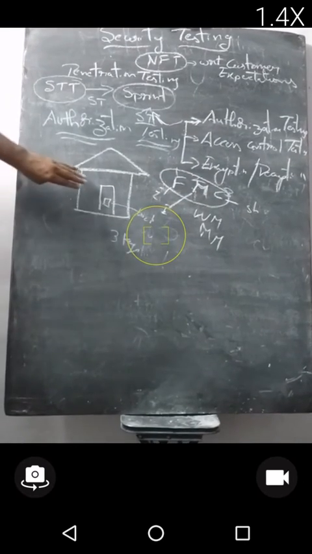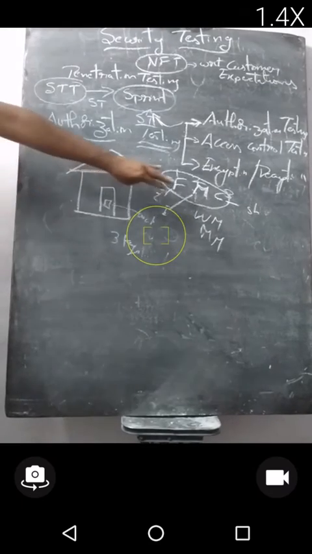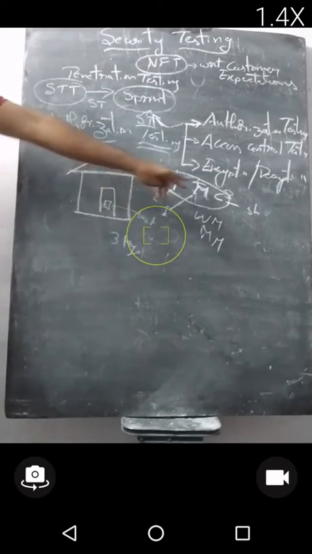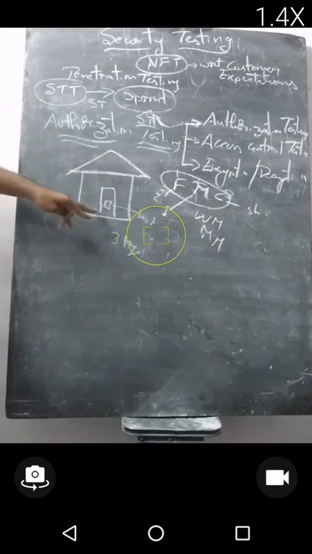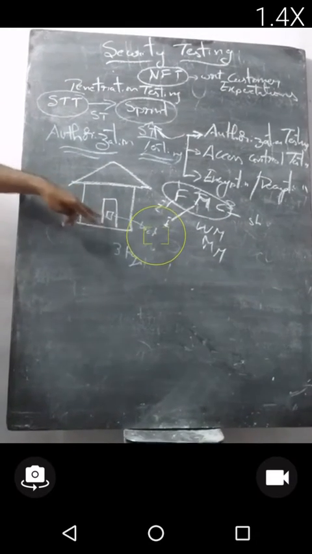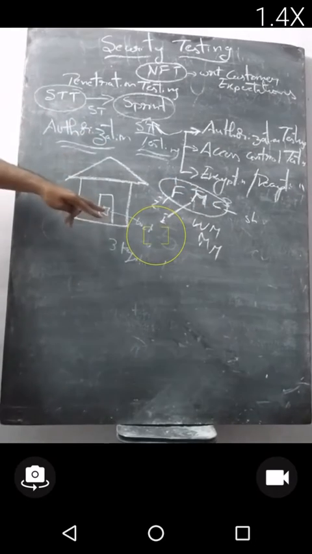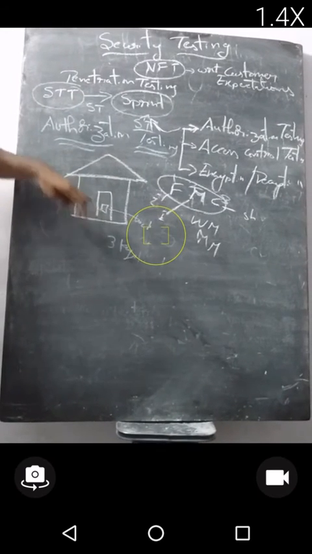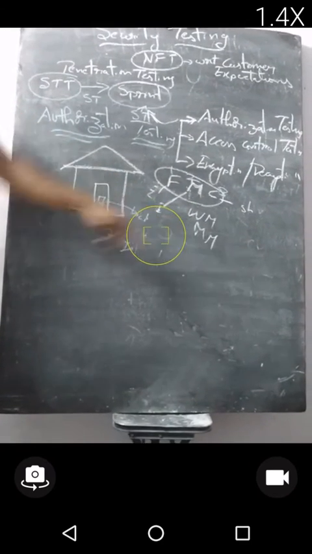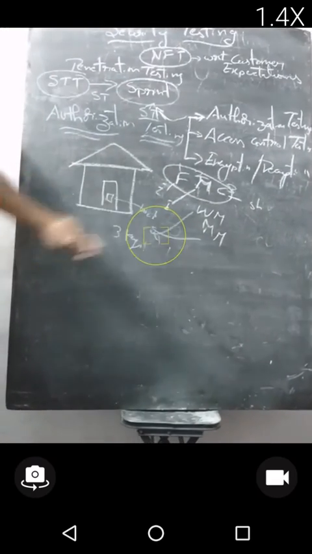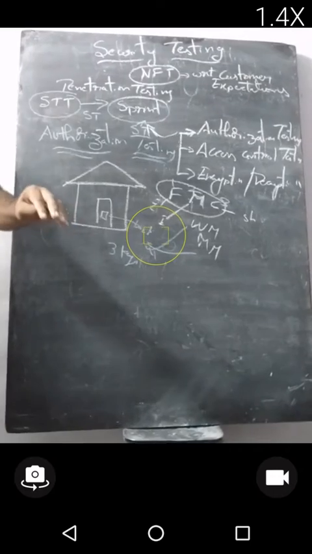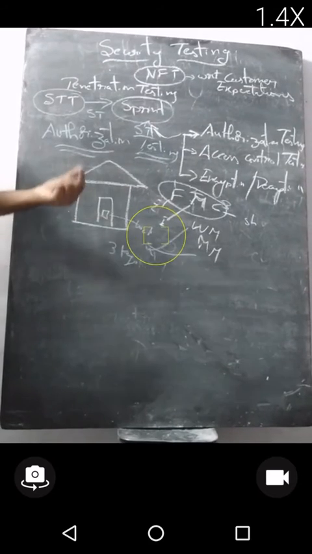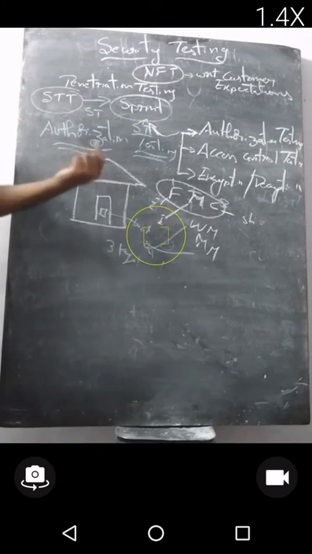To get into this house, the father can use his key, like a user ID and password, by unlocking the lock. The mother can get into the house using her key, and the children can also get in using their key, unlocking the door. But the watchman and milkman can't enter the house. Why? Because they don't have the keys. Even if they attempt invalid keys, they will get an authentication or authorization failed message. This is what I mean to describe about authorization or authentication testing.